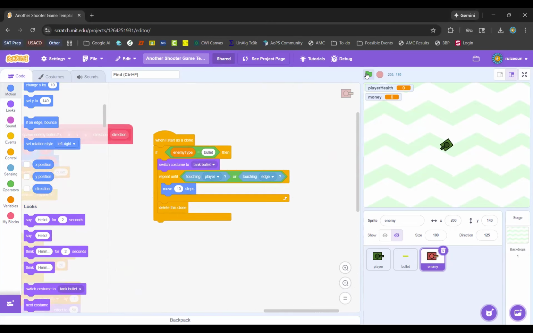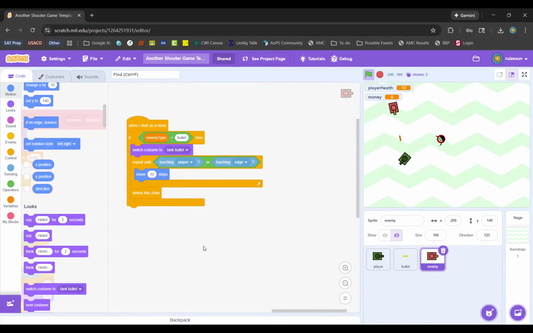So, let's see. We have the bullet working. So everyone listen up, because we're going to be continuing this for everyone. We want to repeat until either touching the player or touching the edge, but we're also going to